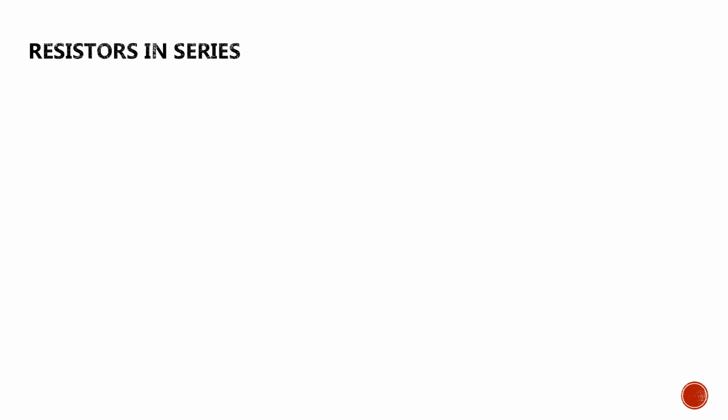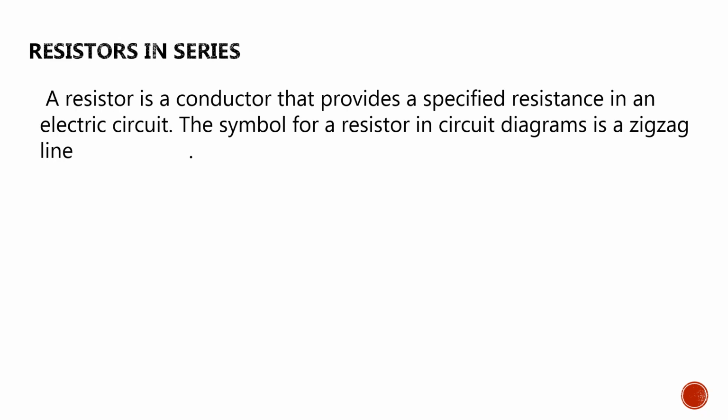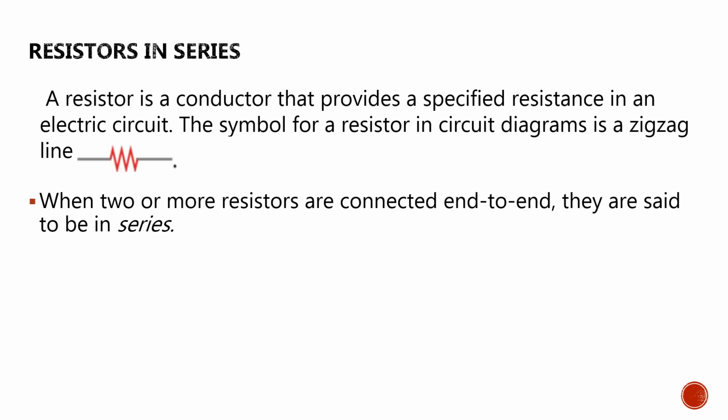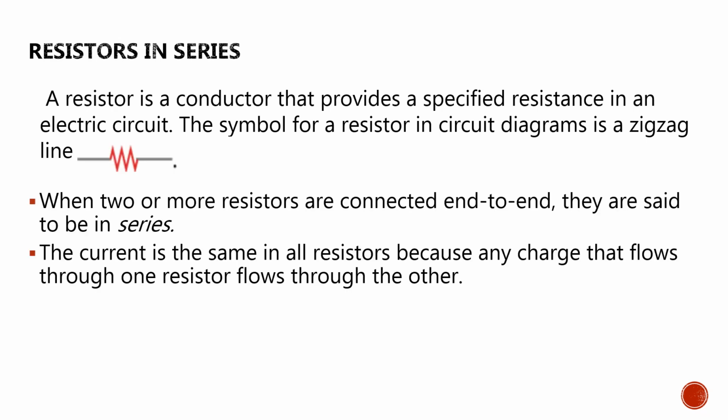When resistors are connected end to end in a single path, they are in series. The symbol for a resistor in circuit diagrams is a zigzag line. So for the properties of the circuit